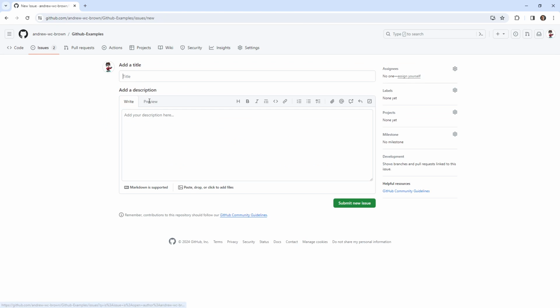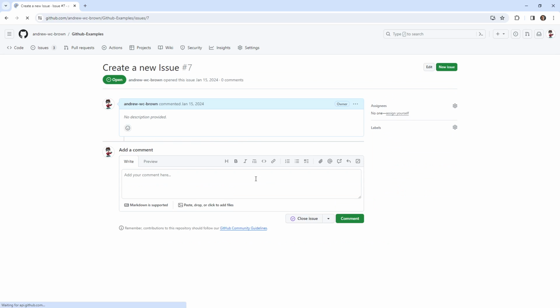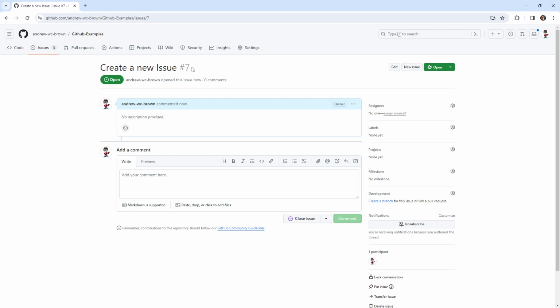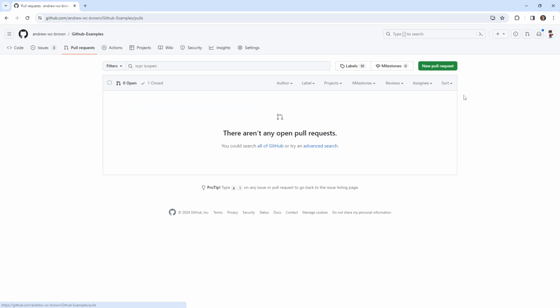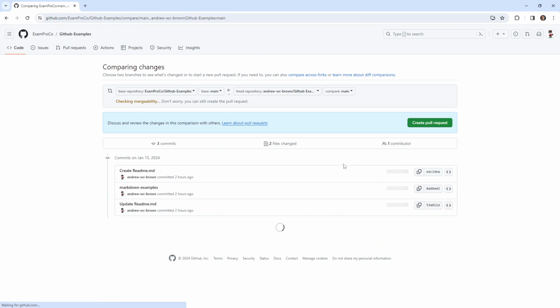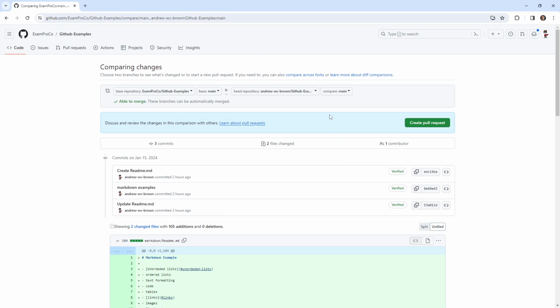So we're going to go here and I'm just going to say create a new issue, okay? And we'll create this, and notice that we have the number 7. So we have the number 7. So the question is, if we were to create a new pull request, what would we get? So I'm going to make a new pull request,